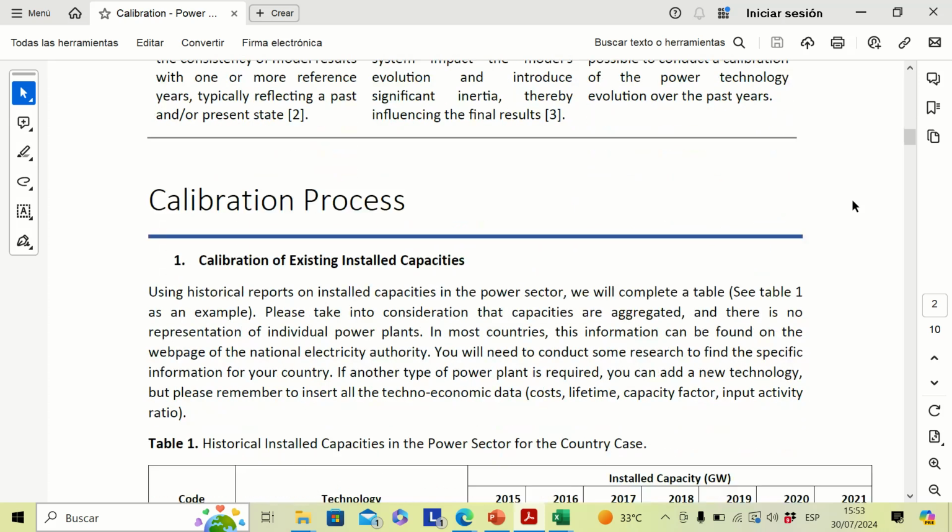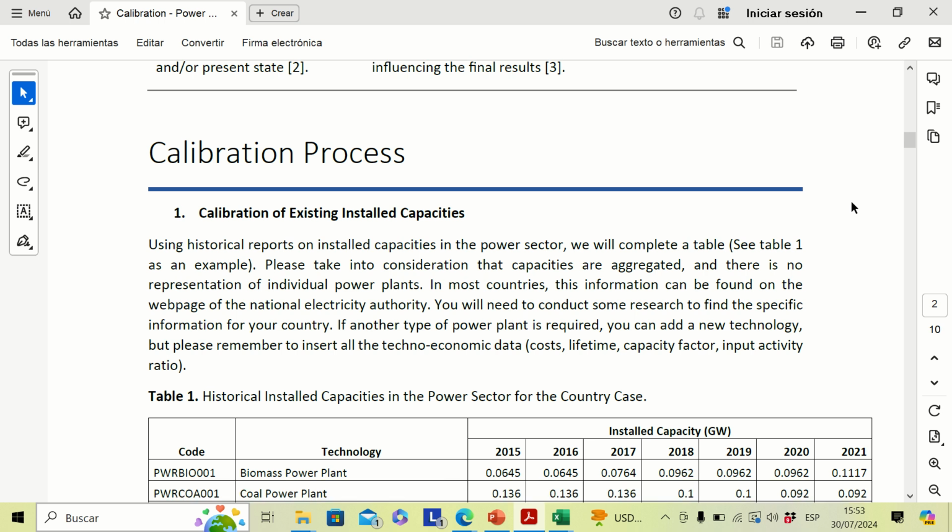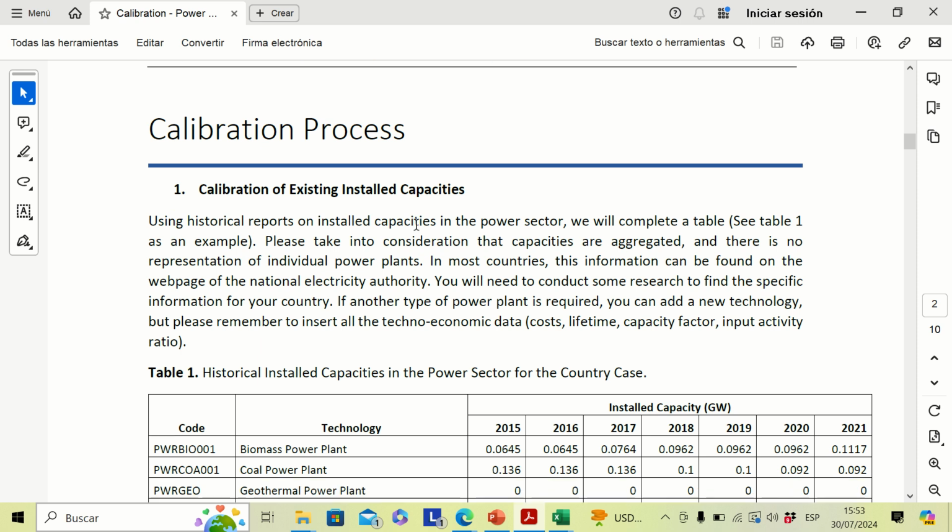So the first step is essentially to do some research for getting the data. Two things are important, as we will see right now. The first is the installed capacity, historical for 2015, because it's the starting year in the OSeMOSYS starter data kit, and secondly, the power generation, which we will see later. So using information from national entities or other documentation that you can find in your country, it's important to consider that it's country specific, so it's going to depend on the data that you need